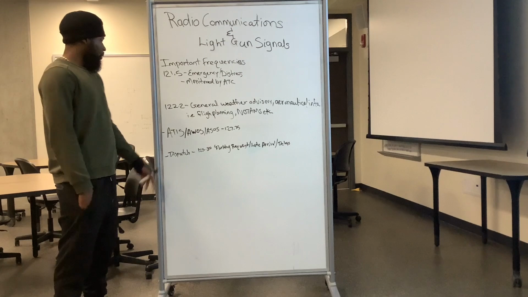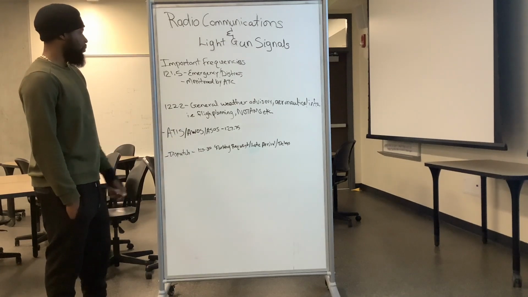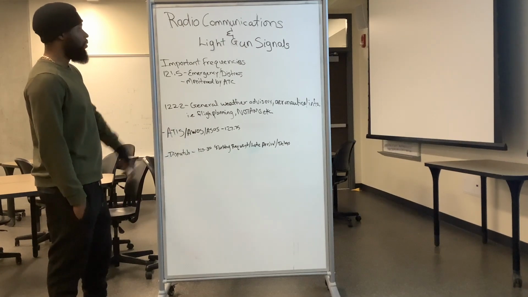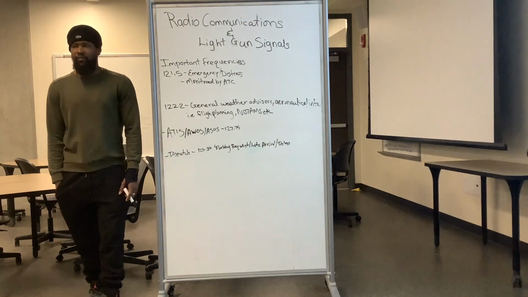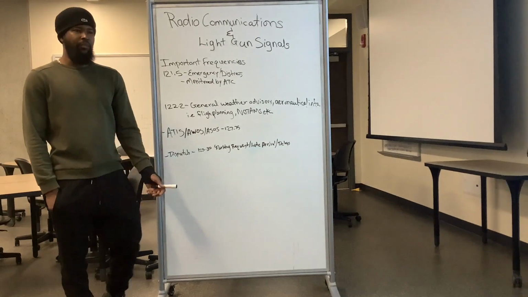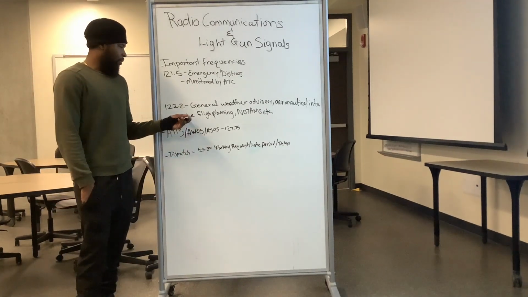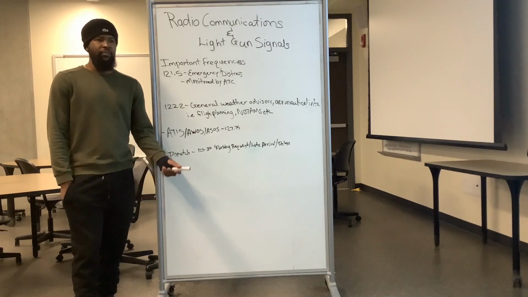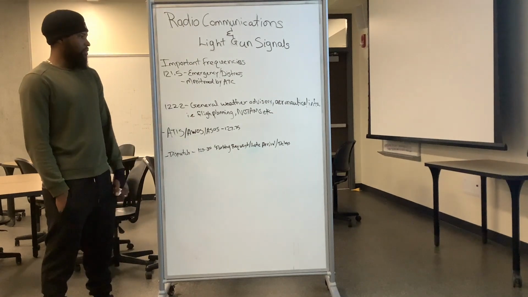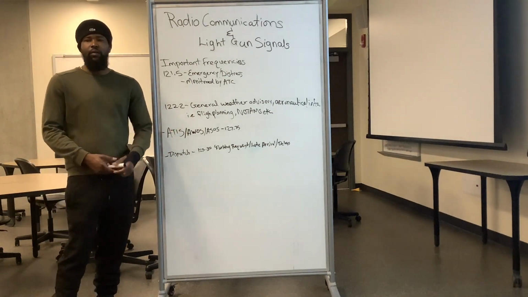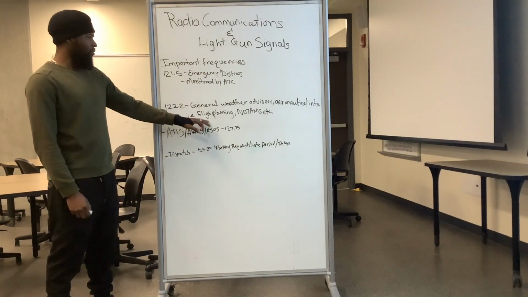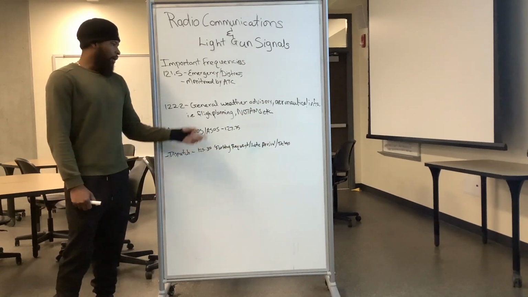The next one you're going to use is general weather advisory, and that's 122.2. I use that whenever I'm flying on a cross-country flight to a different state or a different city or country. Then I would contact them for weather advisory information along the route, so they help me with en route weather and so forth. They would let you know what the conditions are like 50 miles out or 100 miles out from wherever you are. And they also give you updated NOTAMs of the airport that you're going to,